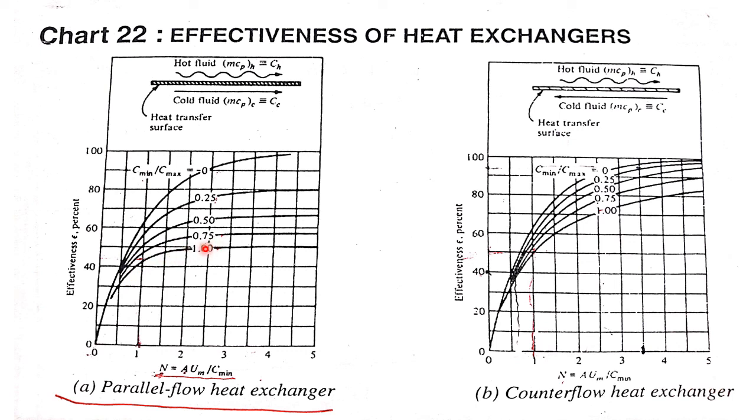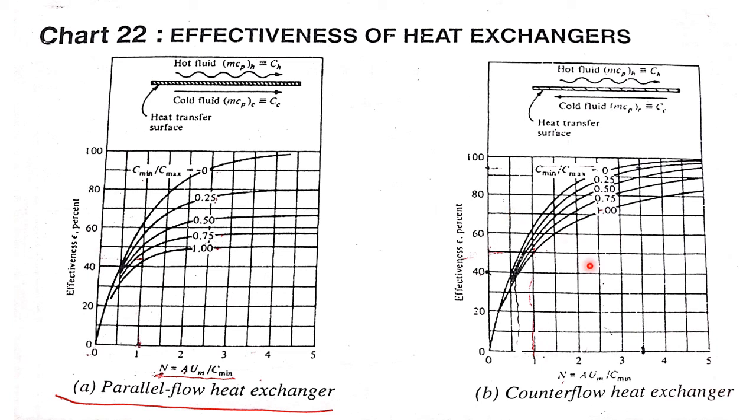So this is the graph of one value. So 0.946 will be somewhere nearer to this, and my NTU value is 0.96, so it will also be somewhere nearer to here. So I will go straight away here where it intersects this curve line. From there, with the help of a scale, I am going to read the value of effectiveness of the heat exchanger. This is for parallel flow. So it will be around 0.43. Effectiveness of the heat exchanger will be somewhere around 0.43, because this is 40, 50, 60 like that. So this will be 41, 42, 43, somewhere around 43 and 44 it will be.